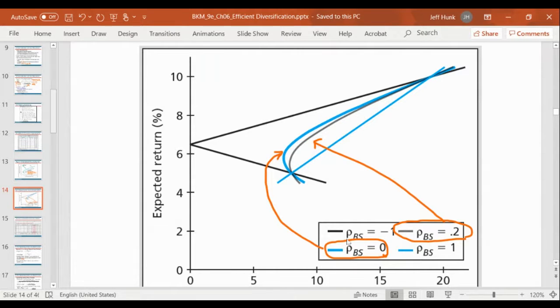So when the correlation is 0.2, it is this gray convex curve, whereas correlation of 0 is this thick blue convex curve. And so this is our scenario, and if there is no correlation whatsoever,